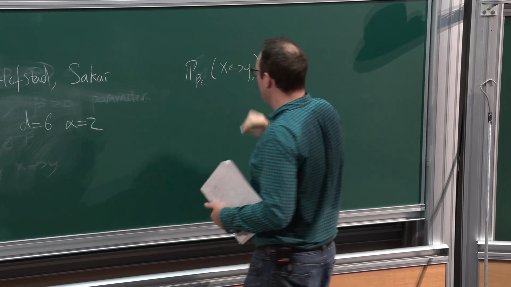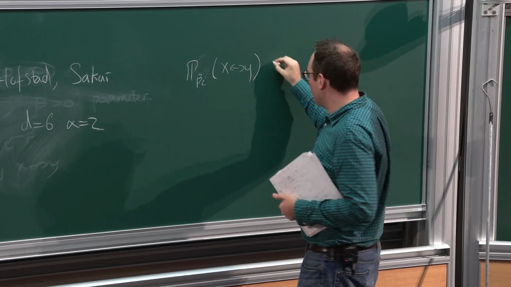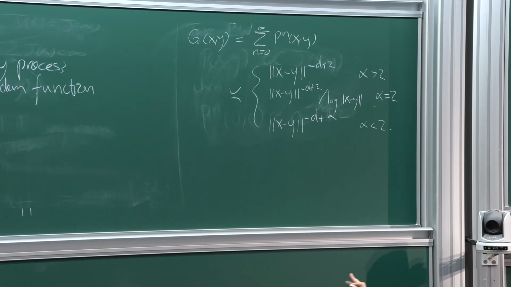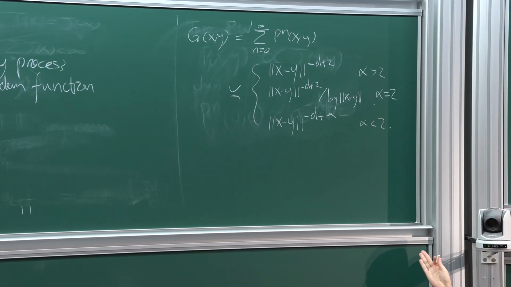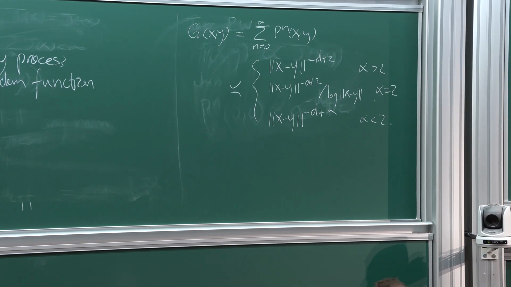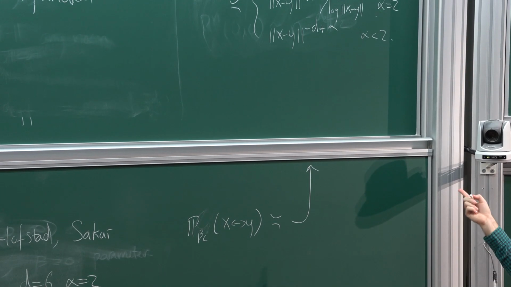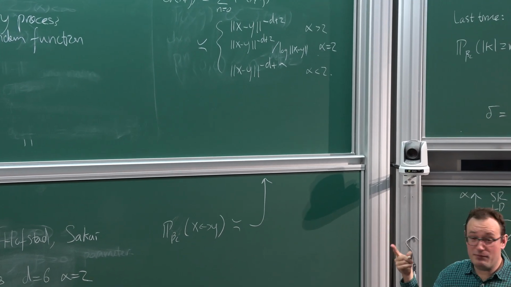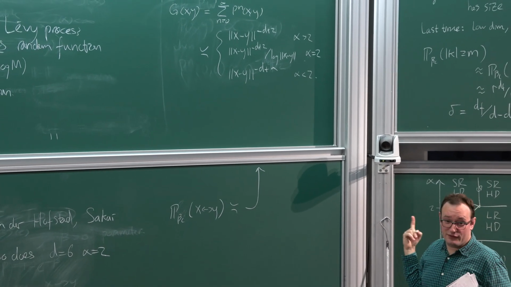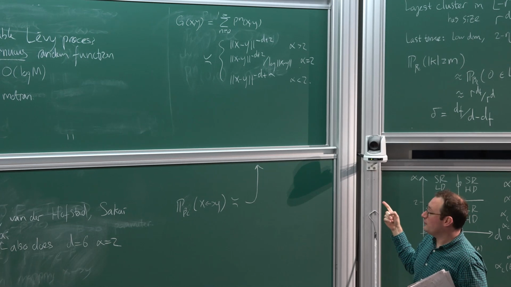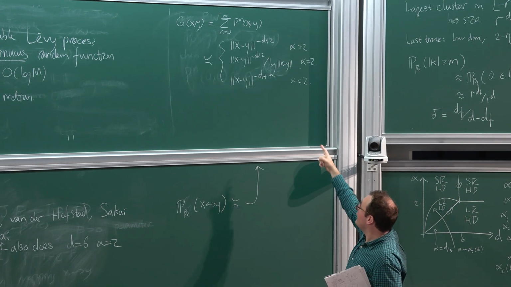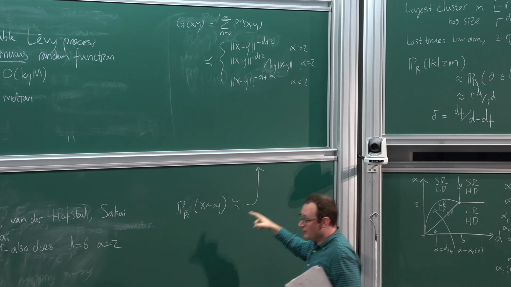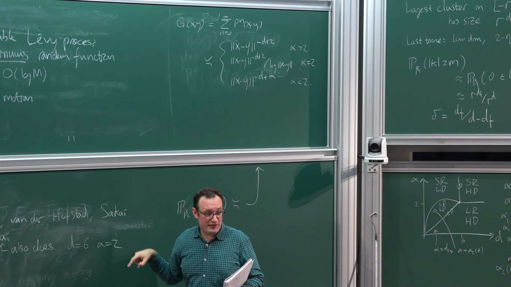So in all of these cases, the critical 2-point function behaves like the Green's function that I wrote above. Maybe I won't write that down again. In particular, you get the power minus d plus 2 when alpha is bigger than 2, you get that divided by log when alpha equals 2, and you get the power minus d plus alpha when alpha is smaller than 2. In particular, that log is actually enough to make the triangle sum converge in this marginal case d equals 6.